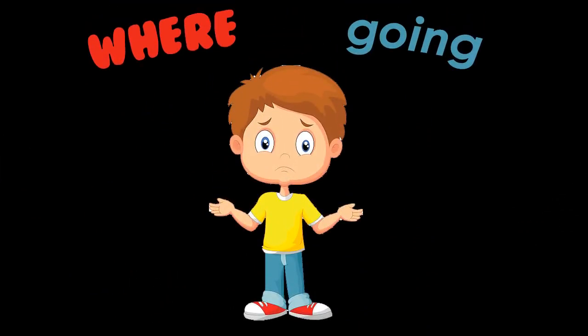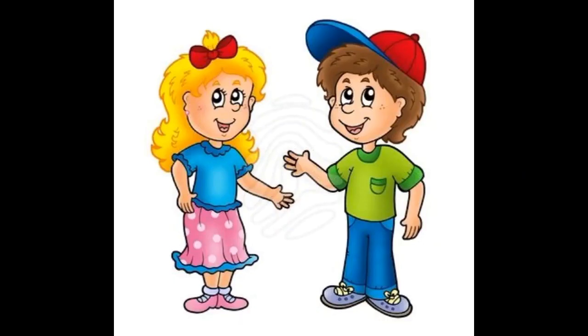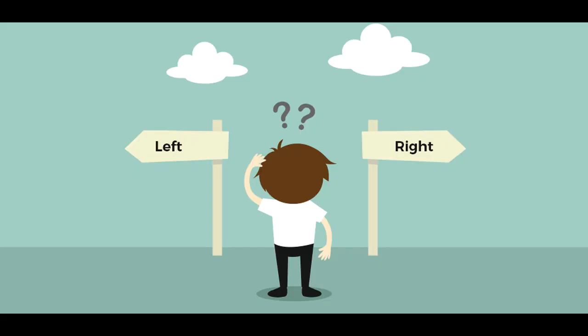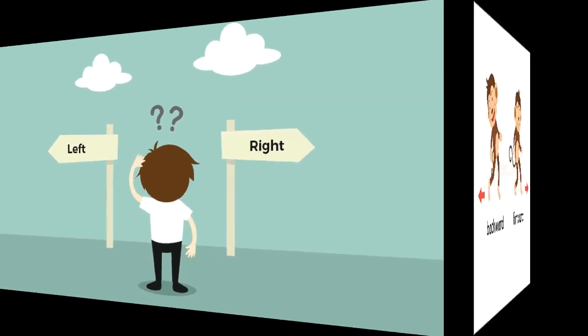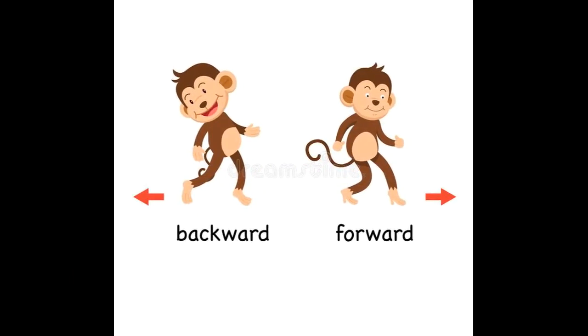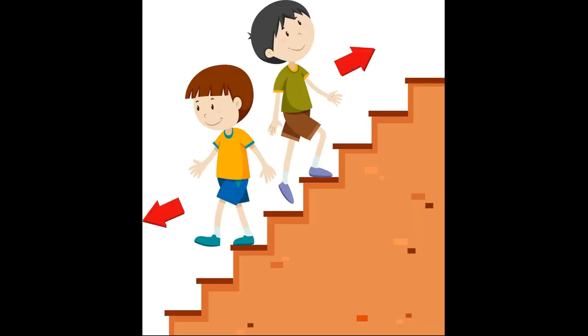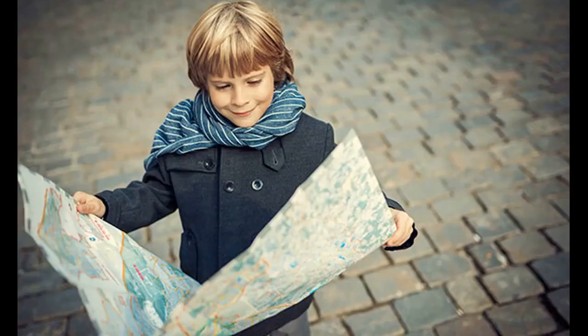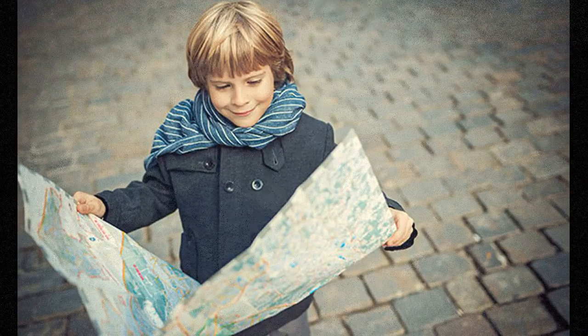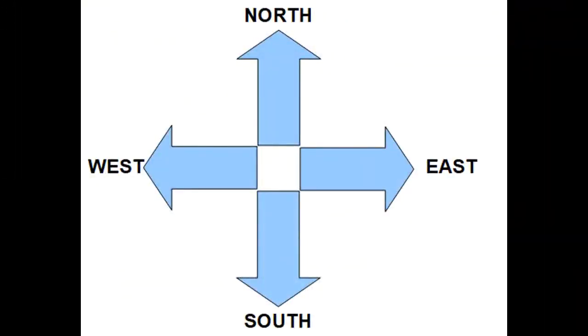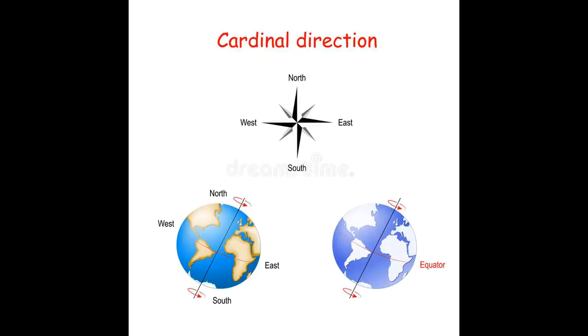Slaters, you all know that there are two basic sides which we commonly use in our day-to-day life to locate things. We either say left or right. Furthermore, we also use forwards, backwards, up and down to direct people for different things. In a similar way, when you use a map, you use 4 directions, which include north, east, south and west. These 4 directions are called cardinal directions.